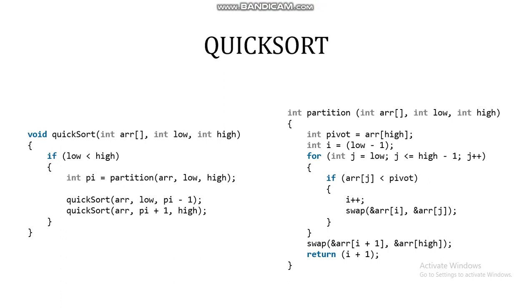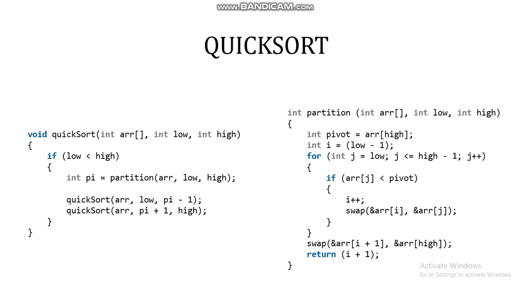In the quicksort algorithm, first we choose a pivot element. Usually, the pivot element can be chosen in any random manner, but in the given algorithm and also in the upcoming example, I have chosen the last element as the pivot element. After choosing the pivot element, we set the pivot element at its proper sorted position in the array using a method called partition. After that, we perform quicksort on the two remaining partitions of the array, meaning the part of the array before the pivot and the part after.